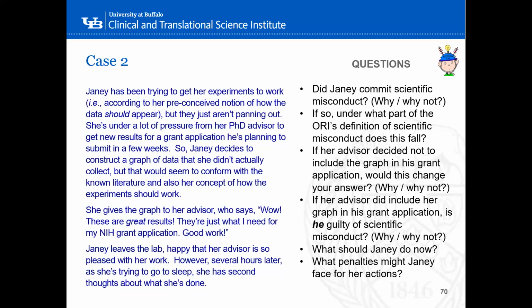Yamaguchi, you have your hand up? Yes, hi. You were talking earlier about how the people in your group, if someone performs scientific misconduct, they also can be guilty by association. And so I think that's the case here, where the investigator would also be guilty despite not fabricating the data themselves. That's also a very interesting take.